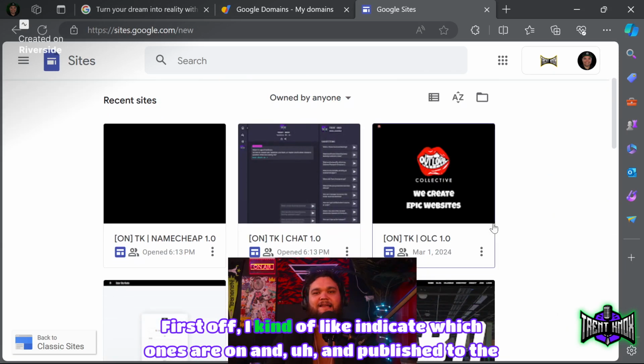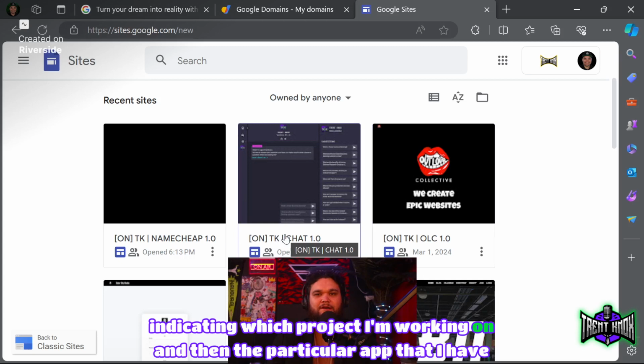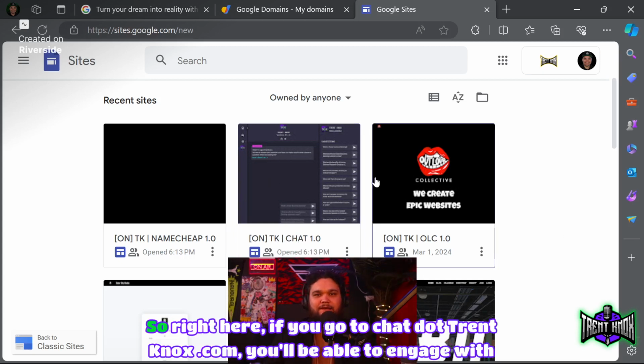First off, I kind of like to indicate which ones are on and published to the web. So I have an on signifier at the front, and then I have initials indicating which project I'm working on, and then the particular app that I have running on that Google site. So right here, if you go to